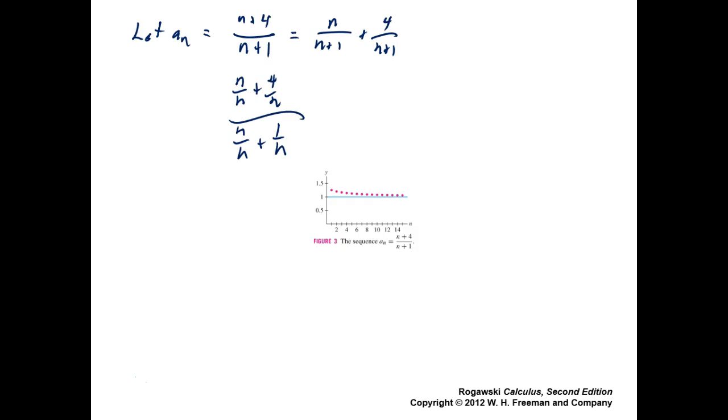What is this? 1, and as n goes to infinity, that's going to 0. And this is 1, that is 1, as n goes to infinity, that's going to 0. So this is 1 over 1, which is 1. To me, this is probably the best way to do it, rather than start plugging in numbers. But they did, even though they graphed it wrong, it's getting closer and closer to 1. The numerator is always a little greater than the denominator,